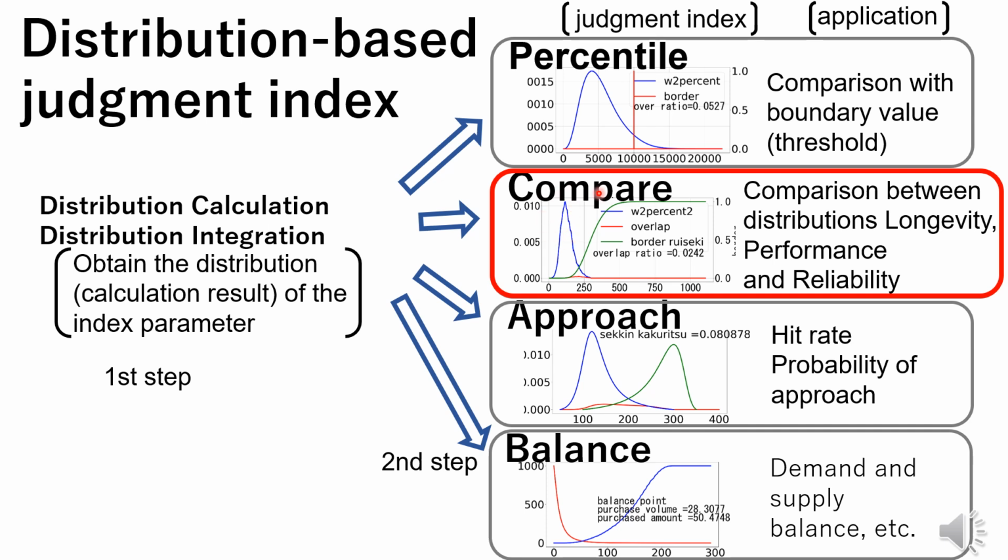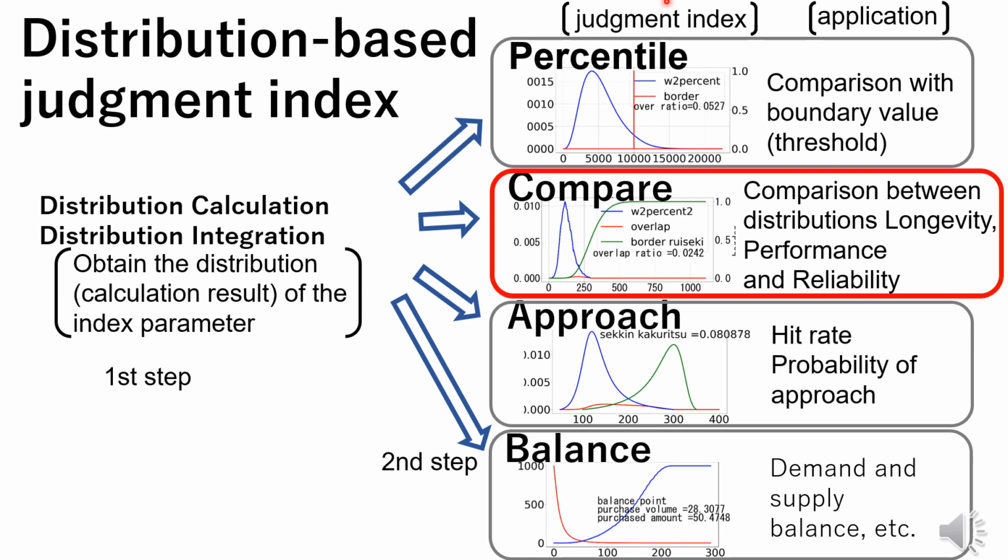Distribution comparison extends the percentile boundary to the distribution and shows the positional relationship between the 2 distributions probabilistically. Comparing 2 distributions is expected to improve the design accuracy in various design decisions. For example, the book explains how determining the probability that the parameters of one distribution exceed the parameters of another distribution can improve the accuracy of many designs, such as software design that handles random events, hardware life calculations, and